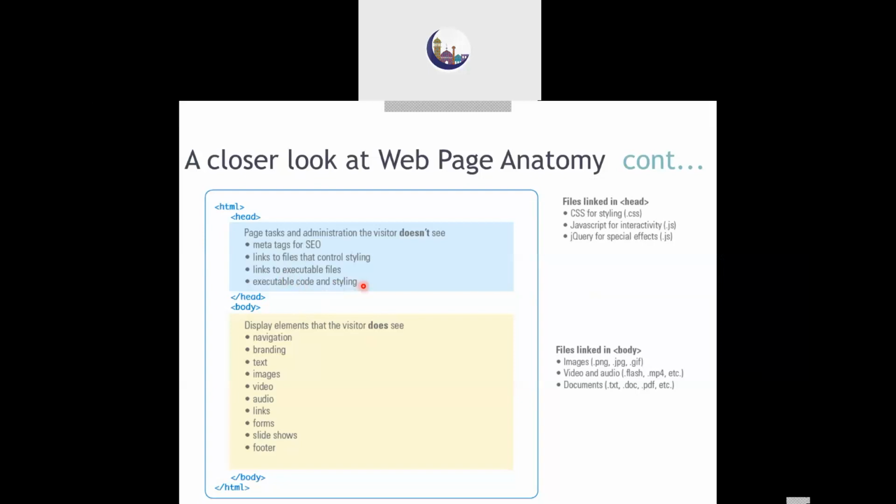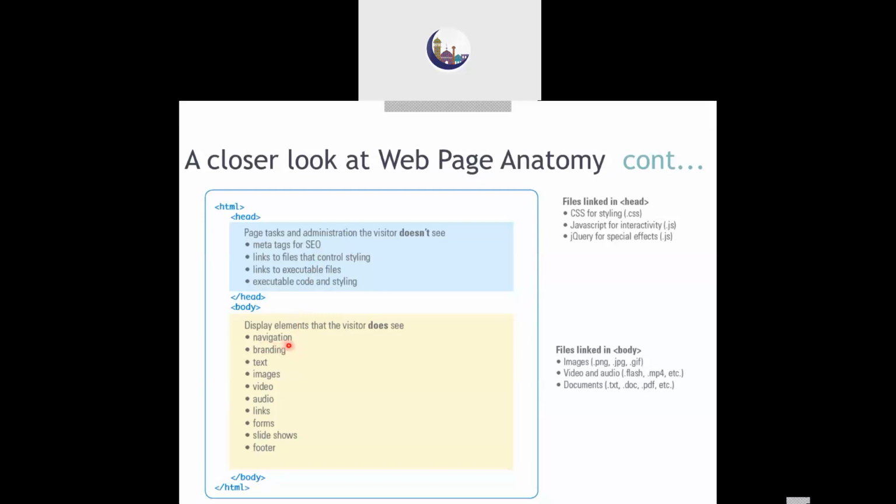So coming next, those things are not displayable things on the web page. Those are actions which are performed in the background. So those things will be kept in the head tag. In the body tag, you will keep those type of things which are visible on the web page. For example, you will keep the navigation text. You will click the text and it will perform the action. What program is used for performing is hidden. That's kept in the head tag. But what text is to be collected, what is the navigation text is being displayed.